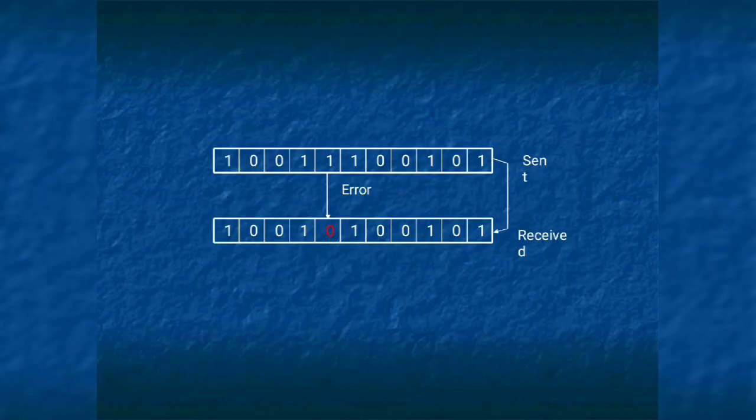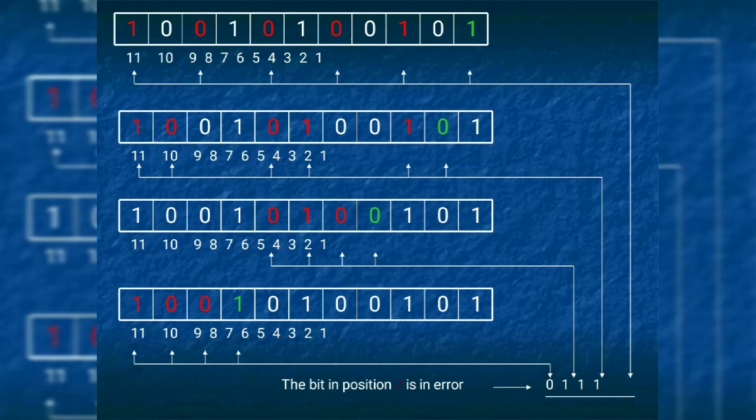So for the sender and receiver, suppose 1 bit of data is received in error. See here, these are the data units you are going to add: R1, R2, R4, R1, R2, R4, R8. Suppose there is an error at the last side. How are you going to determine the redundancy here? Depending on whether the number of ones is even or odd. Check here, the number of ones is odd for the first one. I have marked it with an arrow.